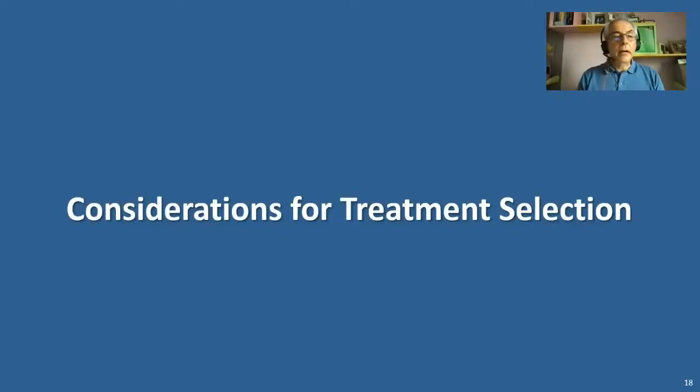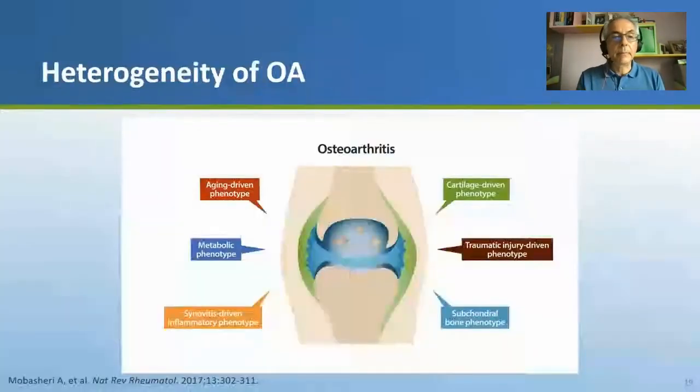Yes. So, of course, this is a very, very important question about the selection. Indeed, once the diagnosis of OA has been made, it's time to choose the treatment. And we must try to apply what we call personalized medicine as much as possible. And this should be based on the phenotyping of the patient. And today, the phenotyping is based either on risk factors or could be also on imaging features.